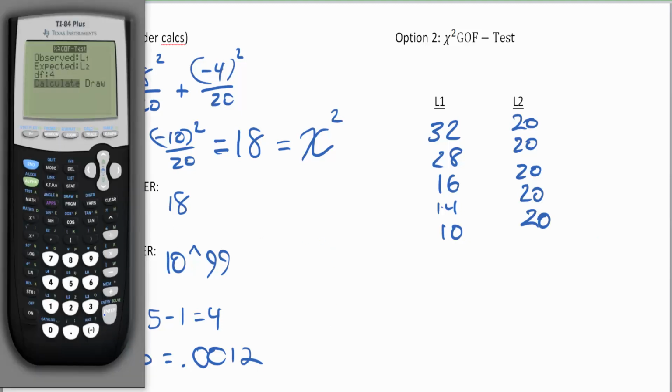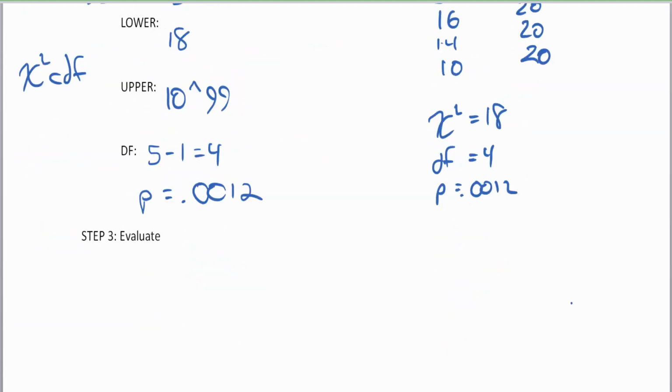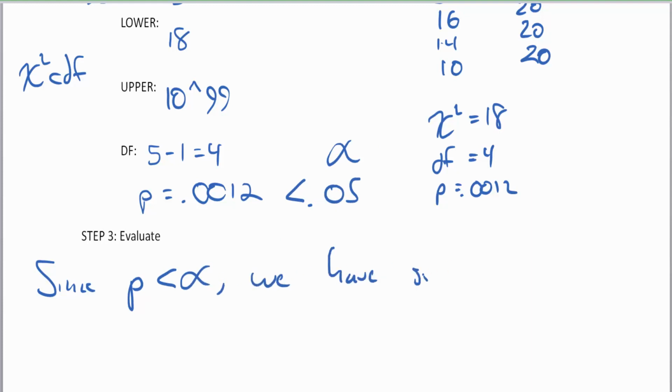So now I hit enter on calculate, and I get the exact same p-value as I did. The degrees of freedom is the same, and the test value is the same. So let's summarize that. Chi-squared test value was 18. Our degrees of freedom was 4. And our p-value was 0.0012. Wow, less than a percent. Well, knowing that it's less than a percent tells me that since the p-value was less than alpha, because our alpha was 0.05, since p is less than alpha, we have sufficient evidence